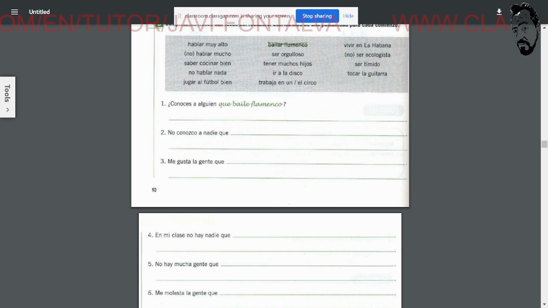Let's practice. I think you're going to understand better if we do. Here we have en que, en la que, con que, and que. A little text: De ti me gusta todo. So I like everything about you. La ropa que llevas, the clothes you're wearing. La casa, the house where you live. So la casa en que vives, or la casa en la que vives.